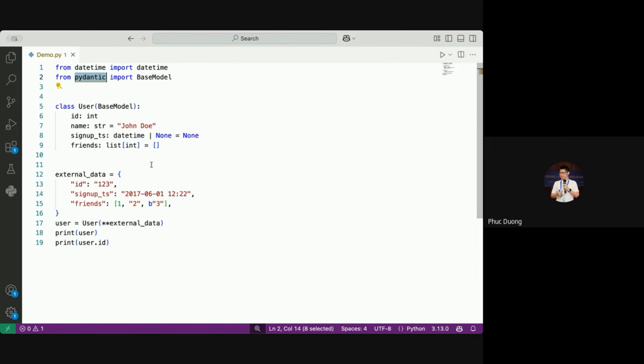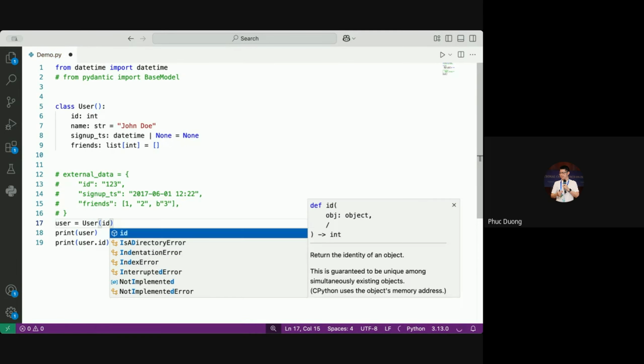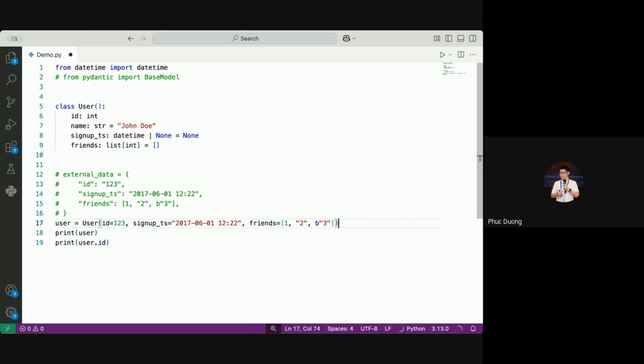Okay, so if we don't use Pydantic, this program will look like that. Okay, we don't have this one. So we define the user by explicitly defining each property. So ID. So we need to define each instance by ourselves.